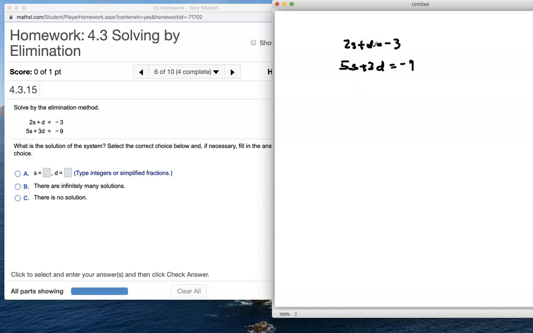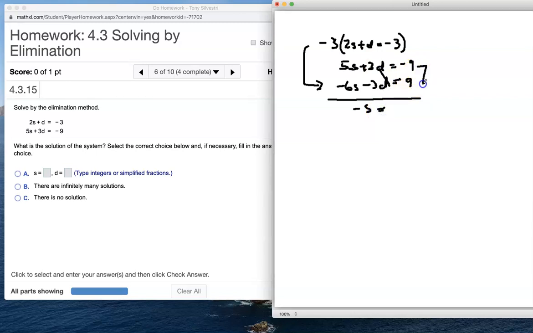I think the best thing to do here is I see a d and a 3d. How about if we multiply just one equation by negative 3? Negative 3, negative 3. Put the answer down here. Negative 6s minus 3d, multiplying through by negative 3. And negative 3 times negative 3 is 9. And what we have here is 5s minus 6s is negative s. The d's cancel. Negative 9